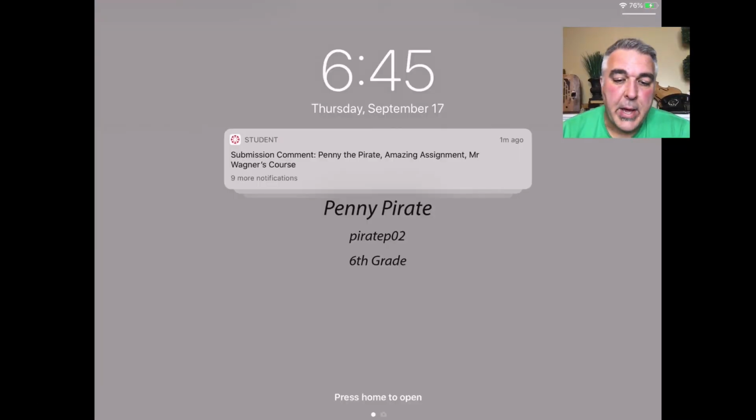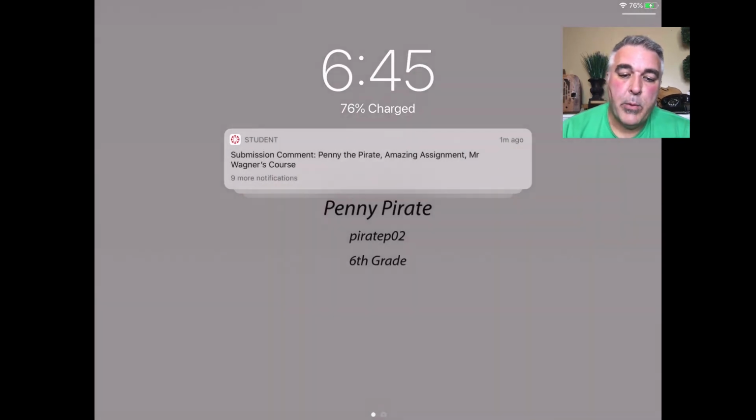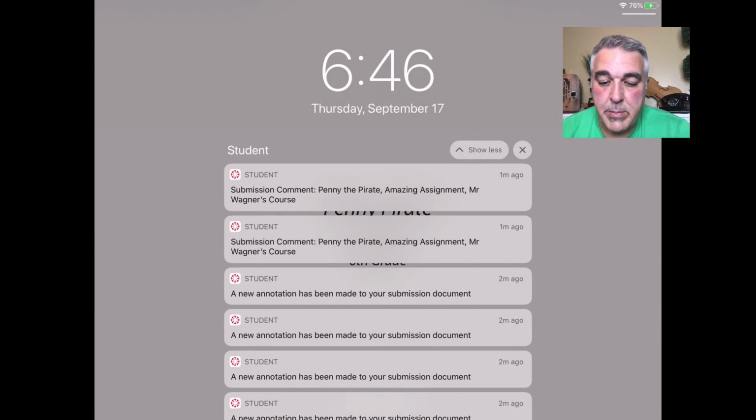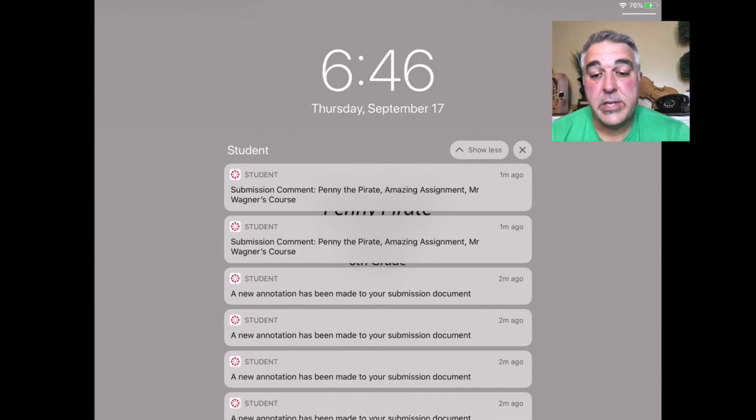So when I turn on my iPad, I see I have some notifications from Canvas. And so if I went ahead and tapped on the notifications, I could read what those are. So I see maybe 1 minute ago, an annotation has been made to my submitted document and a comment has been made to that document. So I could either tap on that notification to take me right to it to see what it is,